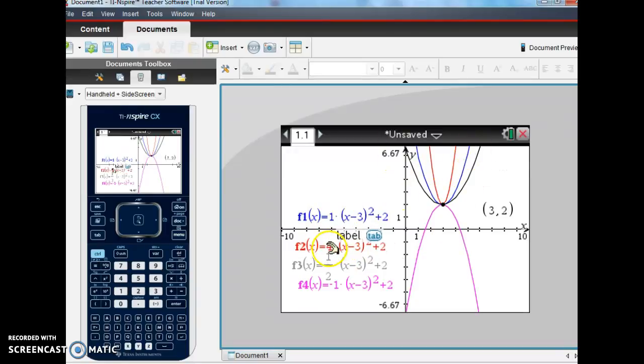When we increased the a value to 4, our arms came closer together. When we changed it to a half, our arms spread out. Okay, so that tells us the difference between the two, and how those different characteristics can change what your graph looks like. The main thing from this is I want you guys to be able to find the vertex, even if it's not in standard form here. You can still find your vertex using